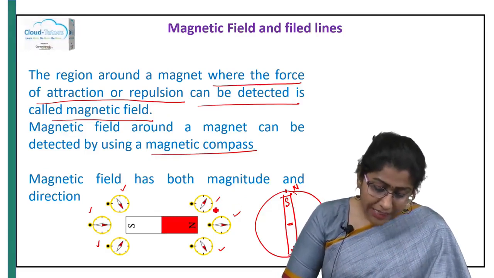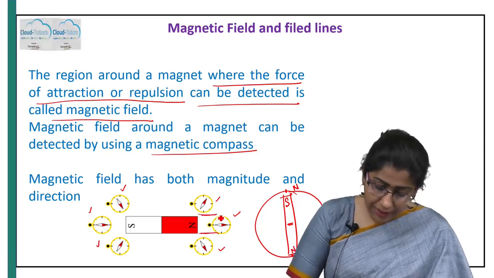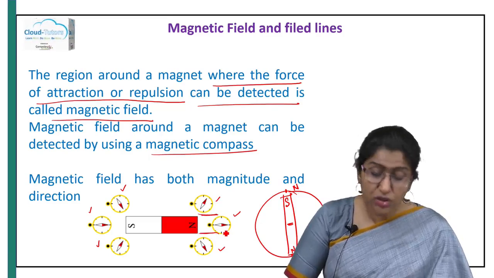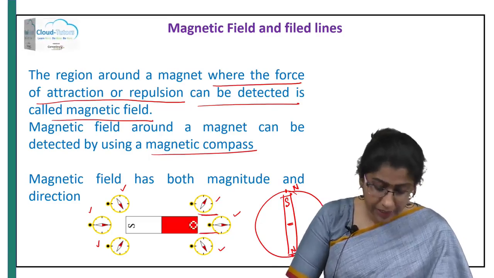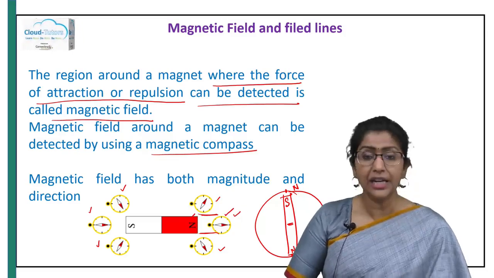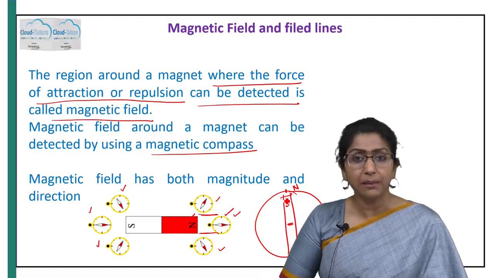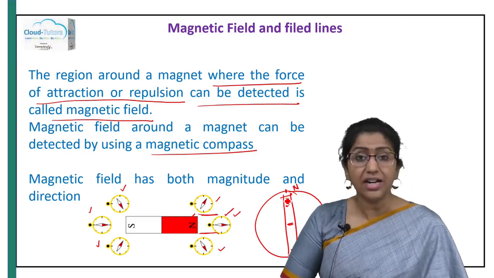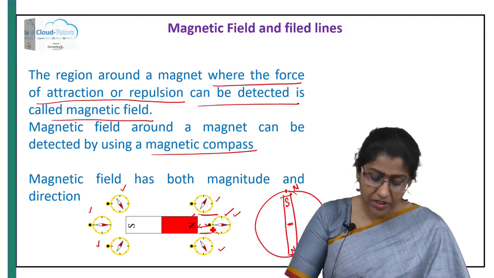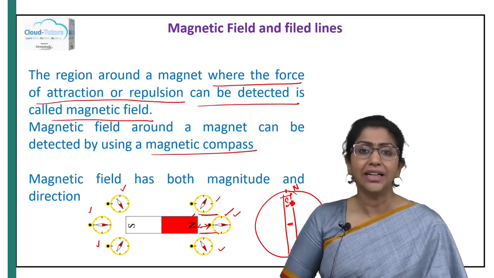So in a magnetic compass needle, when it is placed along with the bar magnet, you see that it is actually repelling. What is actually repelling? Here there is a north pole of the bar magnet, and there is a magnetic needle which also has a north pole, and those two are repelling. And what are attracted to each other? The unlike poles, which is the north pole of the bar magnet and the south pole of the magnetic needle.